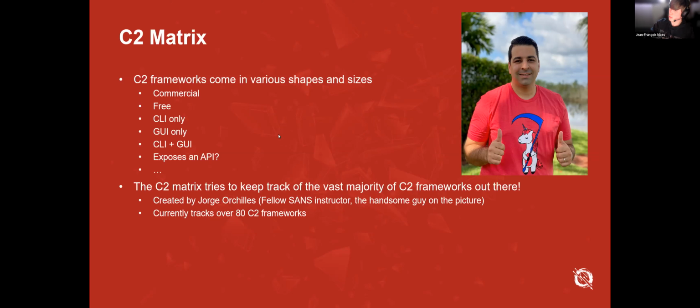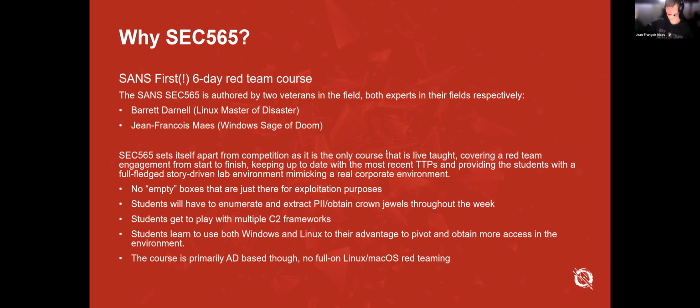So again, to the C2 matrix, currently it tracks over 80 C2 frameworks out there, and that number just keeps increasing and increasing and increasing as time progresses. So it's really a very complex project, and we really thank George for doing all that hard work for us. And then I'm going to hand it over to Barrett once again to talk a little bit more about why